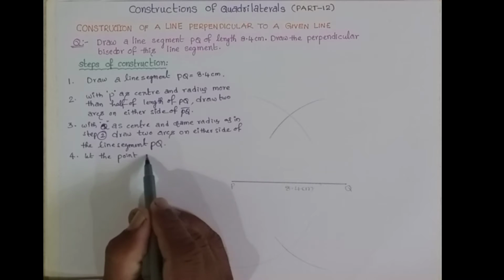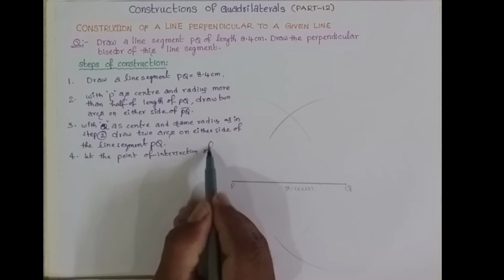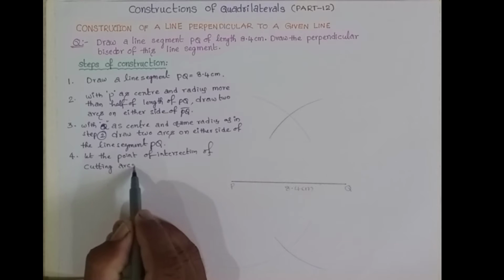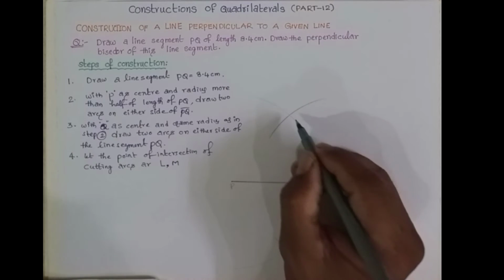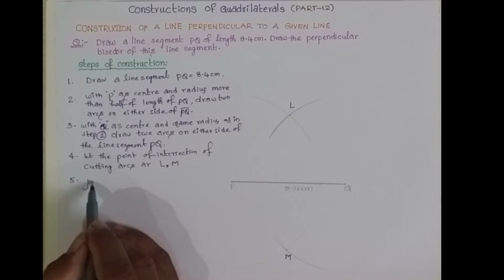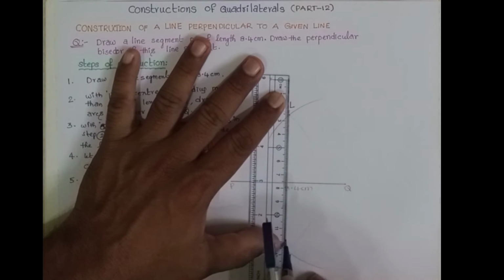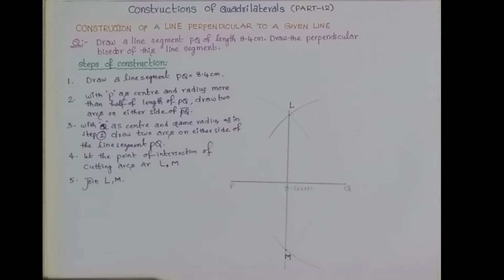Let the points of intersection of the cutting arcs be L, M. Yes, this is point L and this is point M. Fifth step, join L, M. Therefore, line segment LM